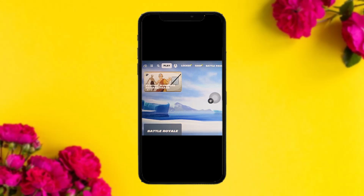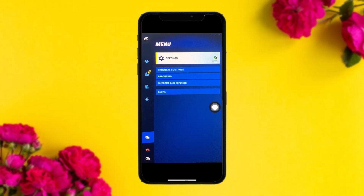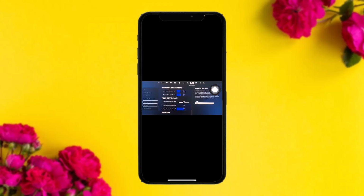and then all you gotta do is just simply open up your menu, then click on settings, and once you click on settings, select settings again. Once you select settings here, all you gotta do is toggle to the option that says controller right here, and now all you gotta do is set up your controller as per your liking. You can set up your input, your quick weapon, your sensitivity, controller zone, foot controller, vehicles, tank settings,